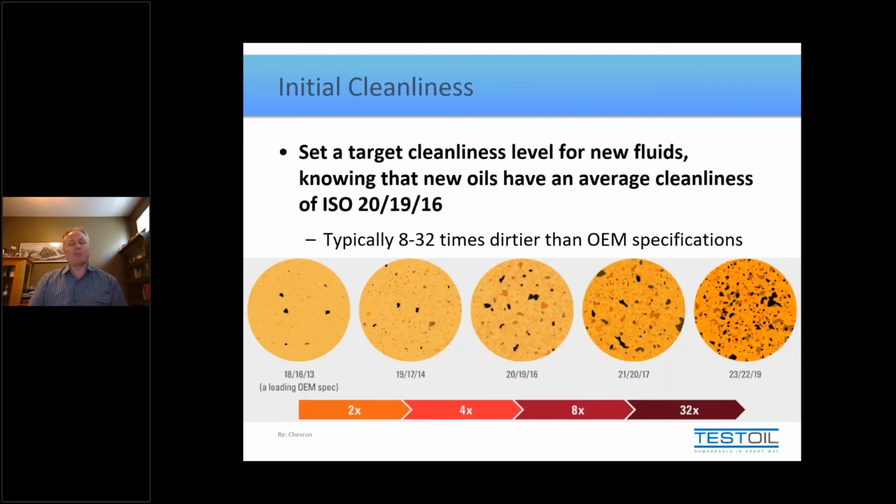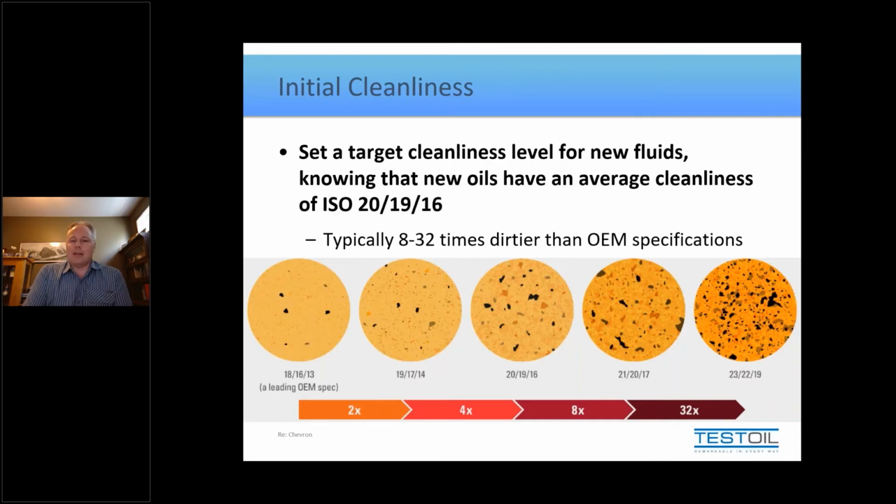And people often get quite perturbed when they hear that statement. I'm not attacking any particular lubricant suppliers. They're all about the same when it comes to cleanliness anyways. And people get very upset and say, why is the fluid not meeting OEM guidelines? The point is that there's kind of two sides to this story. One is, did the lubricant manufacturer clean the fluid up for you? And people hearing that it doesn't meet the required OEM cleanliness would suppose that no, they haven't, when in fact they actually have.